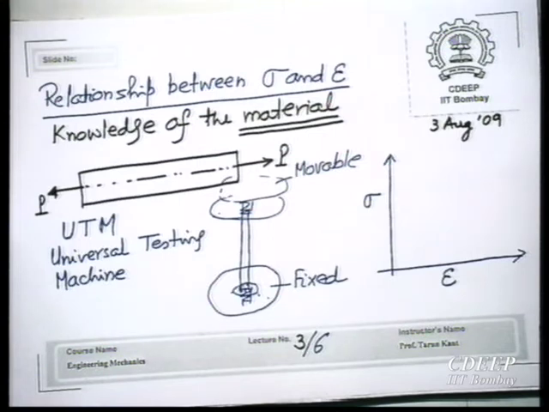Which quantities should be drawn on the x axis? Normally we have some convention: dependent and independent quantity. Here I have drawn stress on the vertical axis and strain on the horizontal axis. The y axis should be the dependent and the x axis the independent quantity. Now, according to you, which one is dependent?